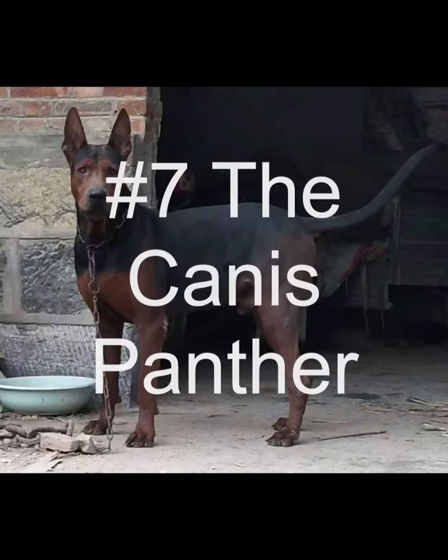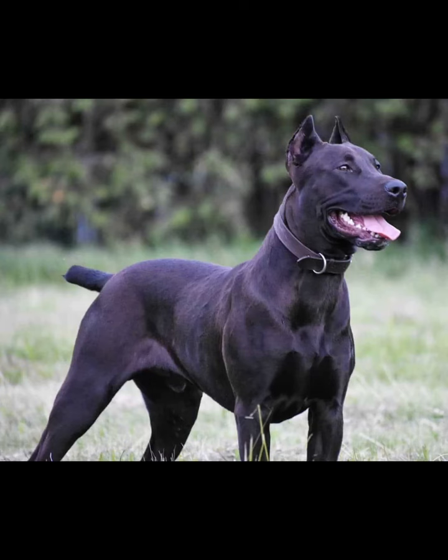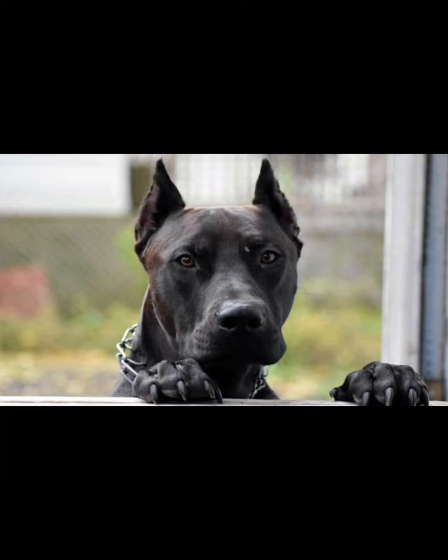Number 7, the Cadence Panther. With probably the coolest dog name ever, the Cadence Panther is another breed that may become big in the guarding world. Apparently back in the 1970s, America didn't have nearly as many guard dog breeds as it does today. A man named Mr. Cleotha Scorpio Jones, who had an equally cool name,